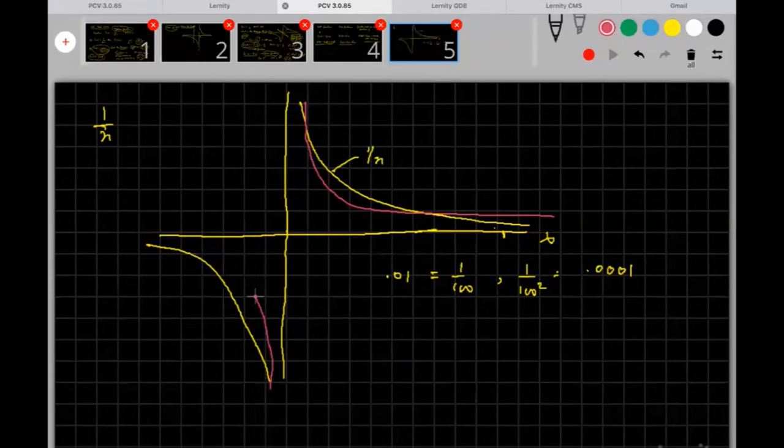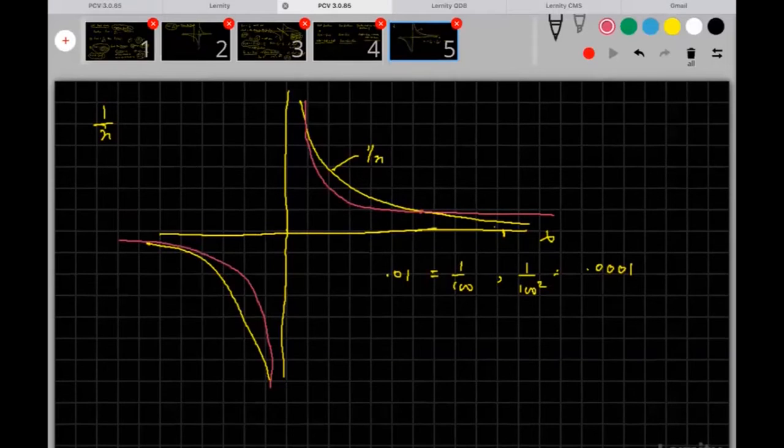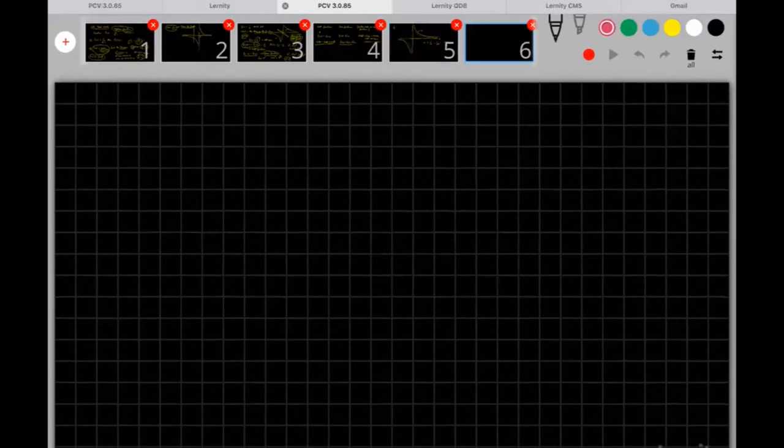And then at x is equal to 1, both of them will be the same. So if I have to draw it correctly, please understand how I'm trying to work it out. I'm not saying I don't know, actually I don't know. 1 by x, 1 by x square. So I want to understand.